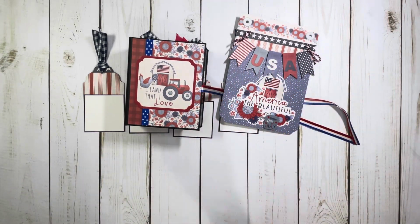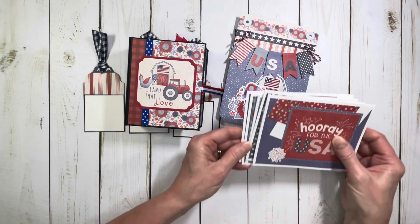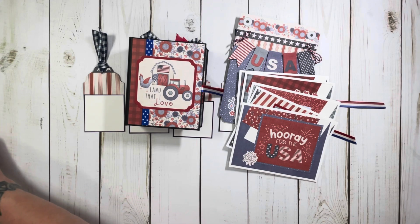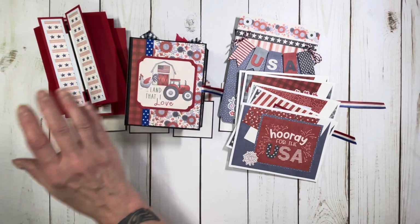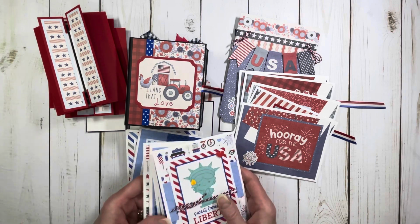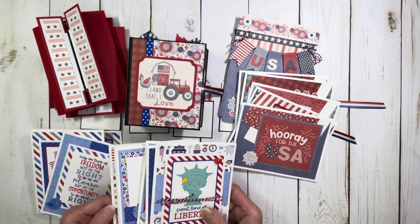So I made quite a bit of stuff. So I smashed, even though I bought it, I guess it does. I don't know if it counts or not, but I'm going to say it does, because I smashed it like it's gone. I bought it and now it's gone. So I made all of these cards. I made the mini album. I did smash, and I'm going to call it a smash, the tutorial project that I got with my